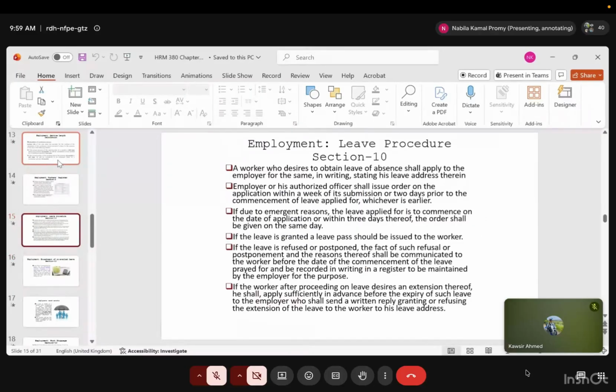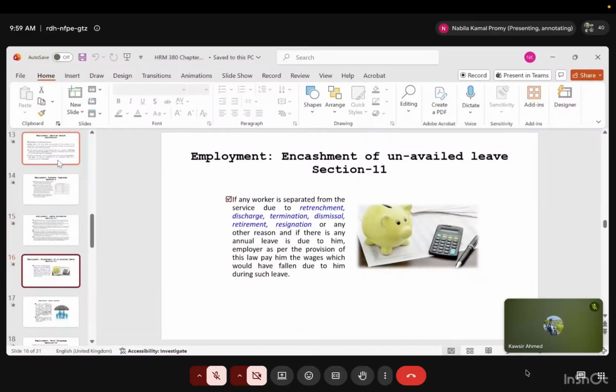Slide number 15, you can skip. So we will start with slide number 16 mainly. So from today, we will start with slide number 16. Again, in slide number 16, there is not much to understand. Basically, it says in certain cases, employees can encash their